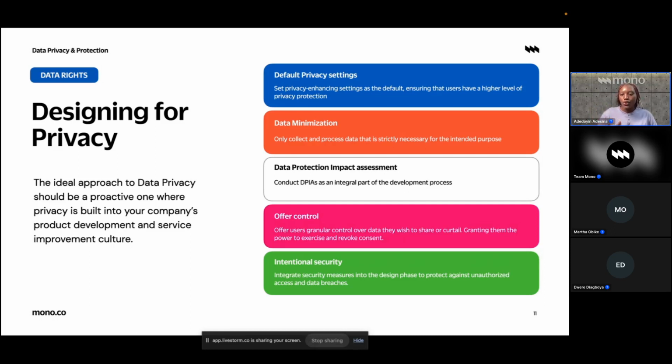You have to give the customers that you have that control of, see, this is all the information I have of you. This is what I need for me to give you a seamless service. These are the information that I would need. However, just so that you're 100% clear, these are all the information that I have of you. You now have granular control of whether you want to give me permission, apart from the initial consent that you've granted me, knowing fully well that if you retract the control that you've given me, I might not be able to offer you a good experience as a customer.